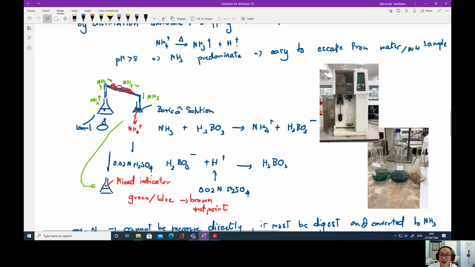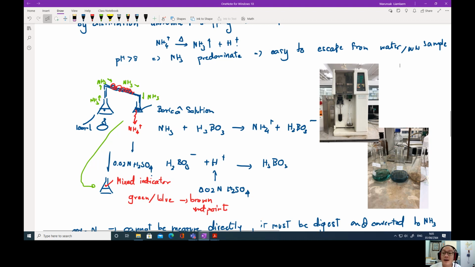In this column, ammonia will be condensed and then flow along with the liquid